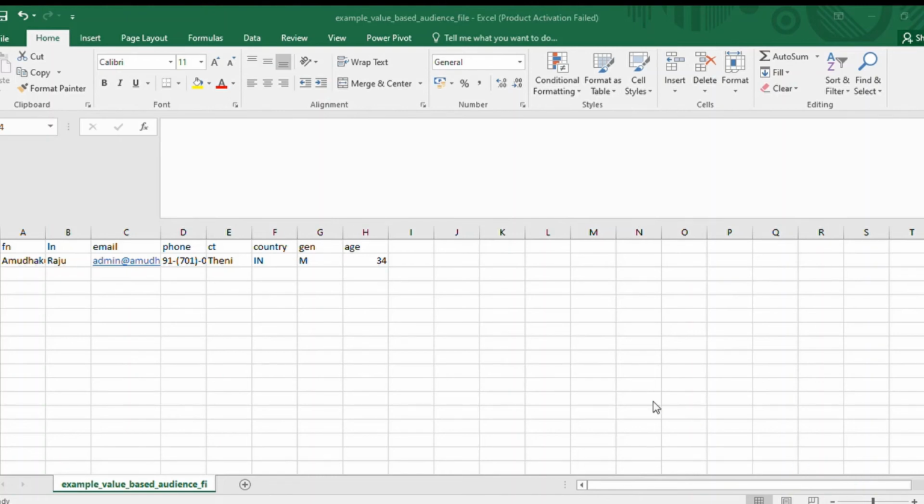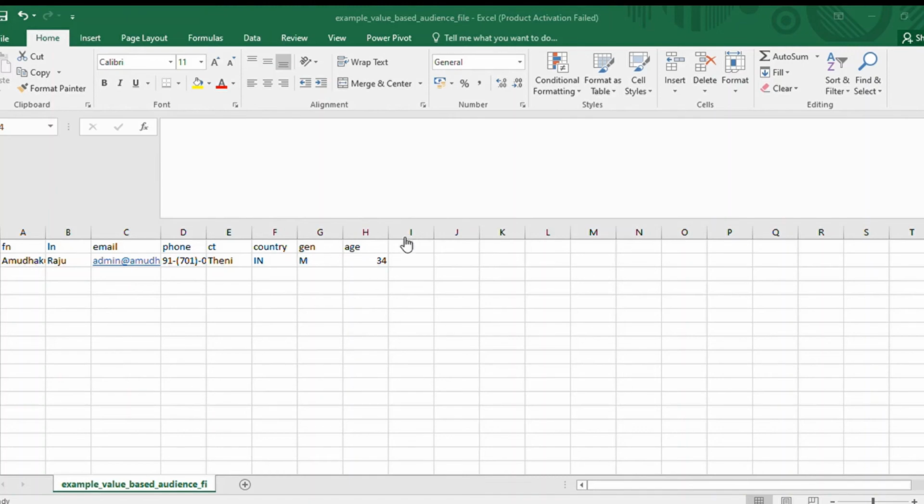Now what does it say? I have email addresses, 3 email addresses matching to similar this one. I have email addresses 3, phone number 1, and all the stuff, and the first name. So for customer value, email address is there. Based on the input email address which I have given, Facebook would be able to determine this is the email address, this is the phone number, this is the ID.